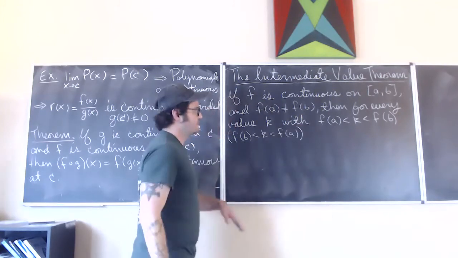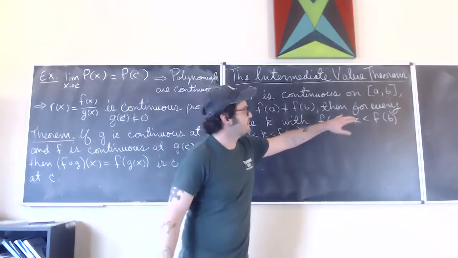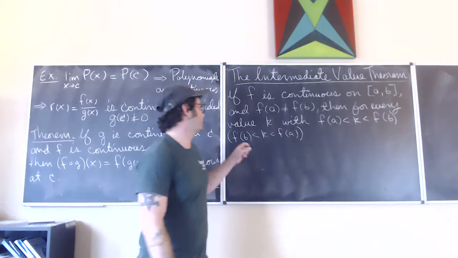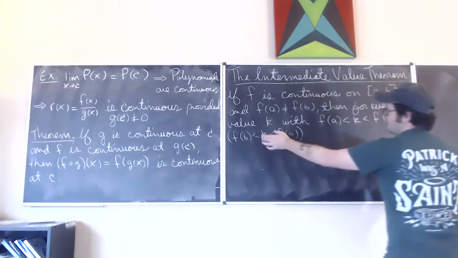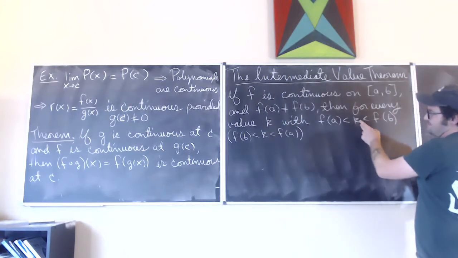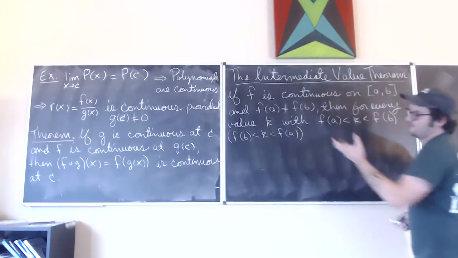So it could be that if f of a is less than f of b, then we're in this case. If f of b is less than f of a, we're in this case. So for every value k that exists in between f of a and f of b,